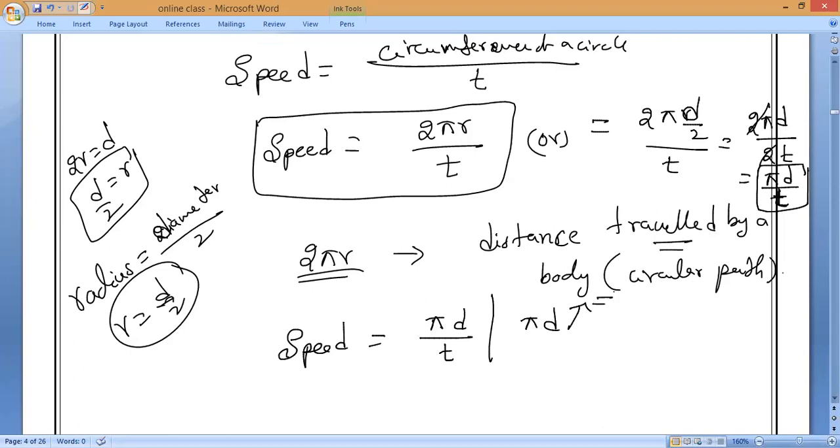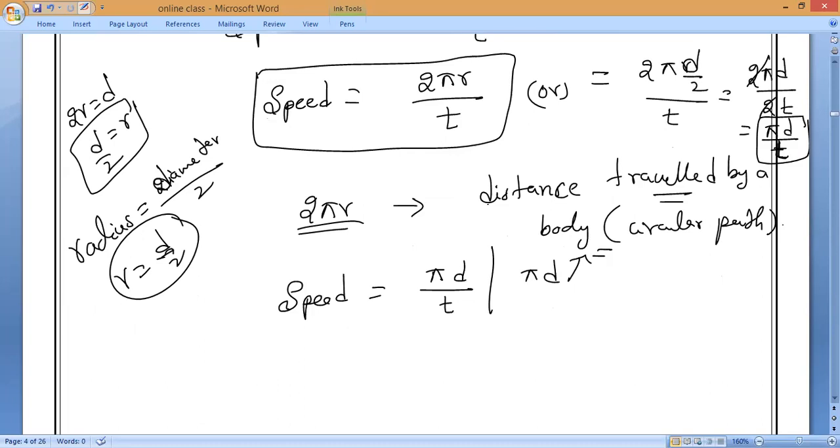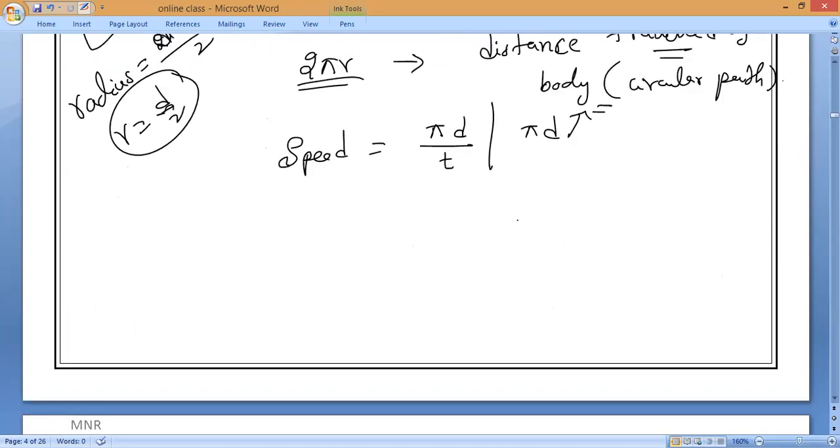Is it okay, guys? Yes, everyone. So that is what you have to remember. Now this is what about the speed. Now let us come to the